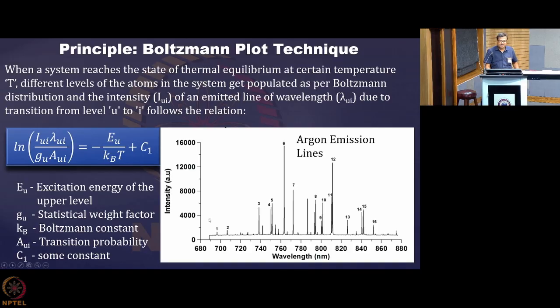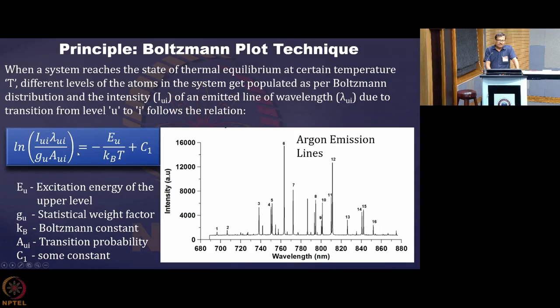So, suppose I take this third number line, which is indexed as 3. For this line we note the intensity and the upper energy level. Then I take some other energy level, another wavelength, say number 7, and for that I get another EU and another intensity. The rest of the required parameters include the wavelength, which of course we know from the spectrometer itself, because it gives me the wavelength of this 7th indexed transition.